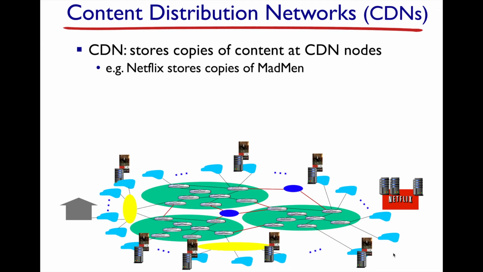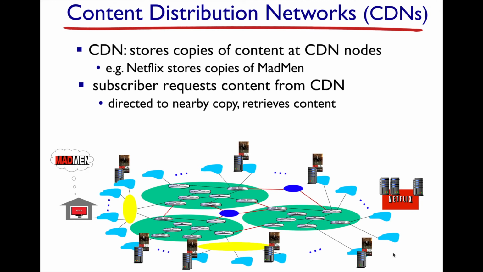And now on the left-hand side of this diagram, we have somebody who wants to watch it. So you fire up your browser, you go to netflix.com, you scroll through the interface, select Mad Men, and now you go ahead and watch the movie. So when you request Mad Men from netflix.com, what you're getting is a manifest. And so your client program looks into the manifest and it selects a close instance of a content server from which to stream this data, a nearby content server node.